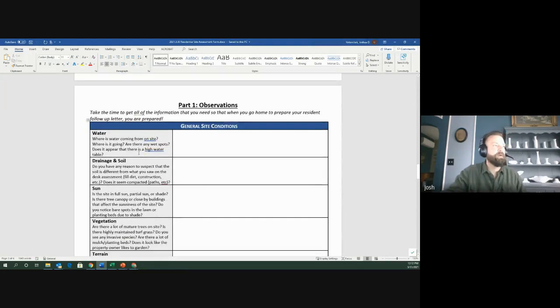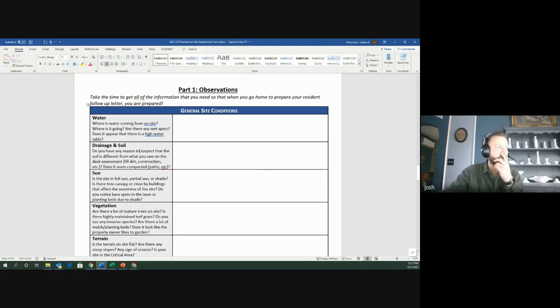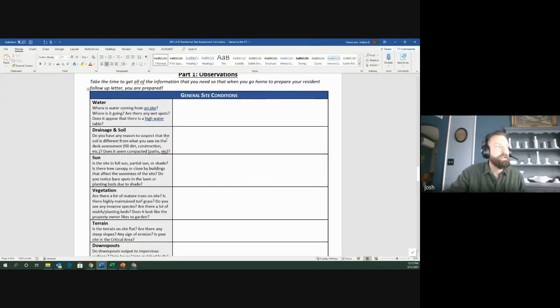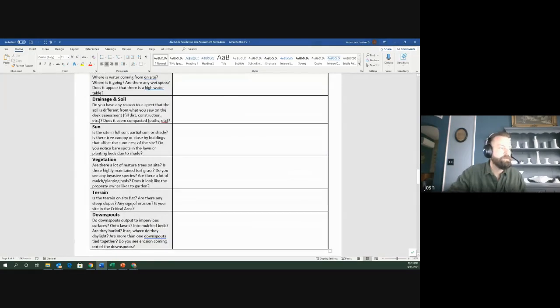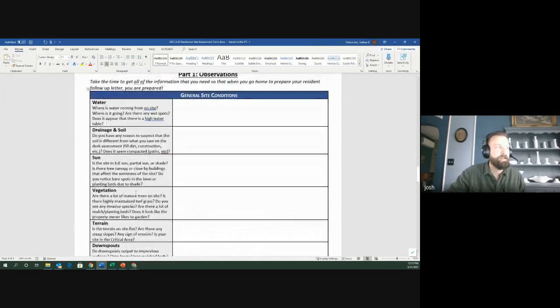We have this build up for the next part here being your observations. We've tried to break it up into general site conditions that you might see: water, drainage and soil, sun, vegetation, terrain, downspouts, that sort of thing. And you'll see in this column that we actually have some contextual questions. So as you're thinking through what these pieces are, if you ask yourself these questions and then write in this section what the answers to those are, it'll be really helpful as you're thinking through what